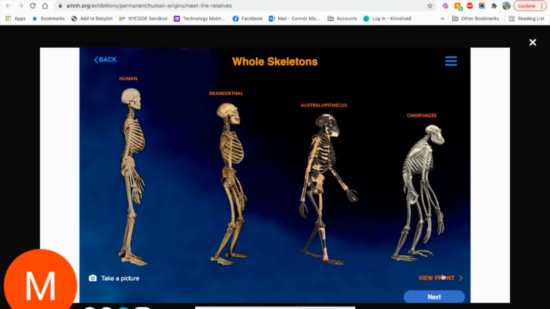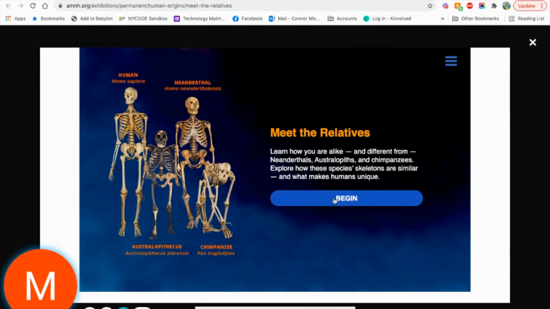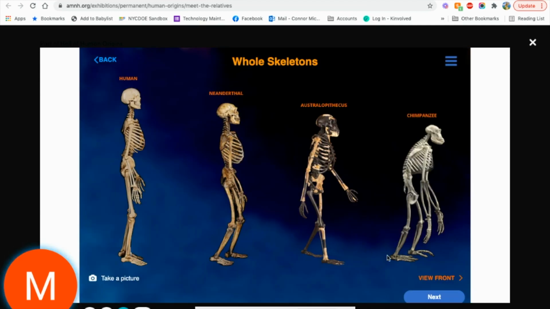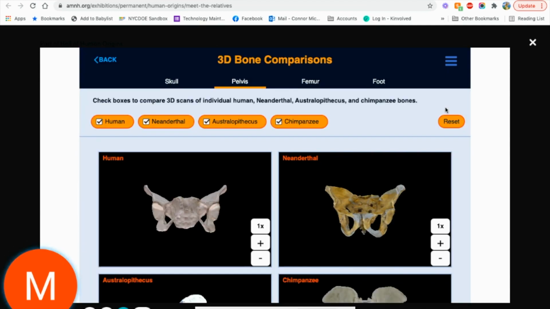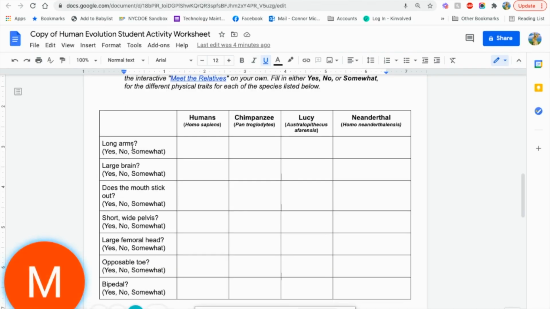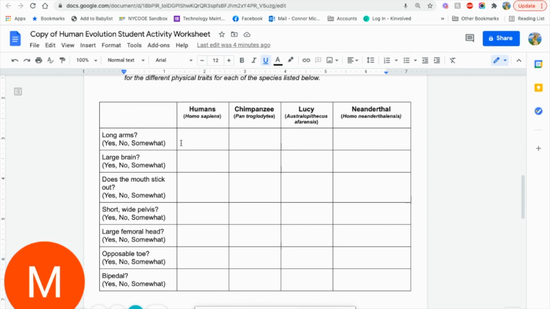Again, you'll see you can do the whole skeletons, you can do front view, profile view. And just clicking next will get you back into the next set. So if you just click begin and you click next, it'll take you individually through things. Or if you wanted to use the menu, you can use the menu. So you'd go ahead and look at their arms. Large brain, does the mouth stick out? Short, wide pelvis. And go through each one of these,